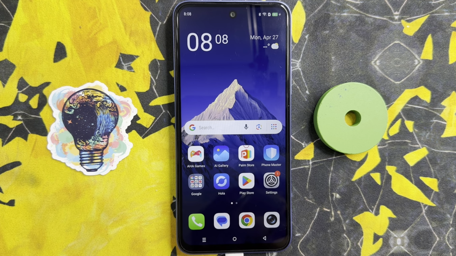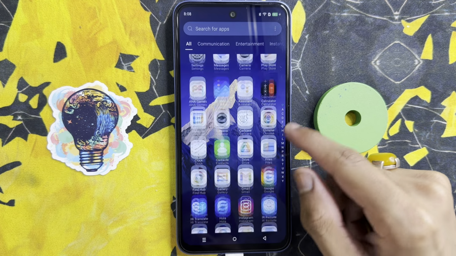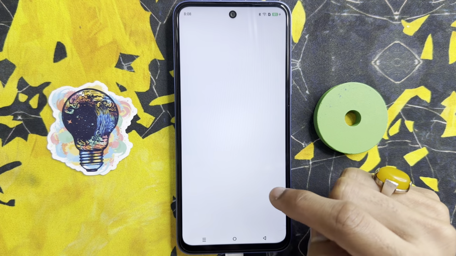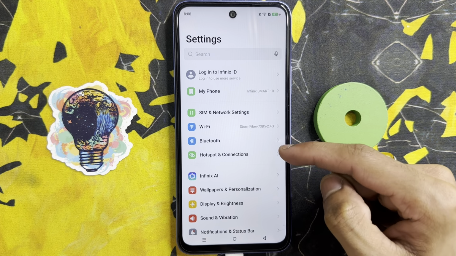In this video I will show you how to fix missing or disappearing photos on Infinix GT50 Pro. Let's start the video. If you want to fix this problem, go to app library. Here click on settings app. Now in settings,